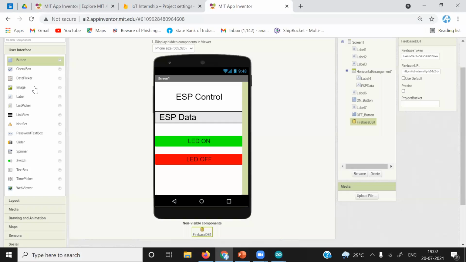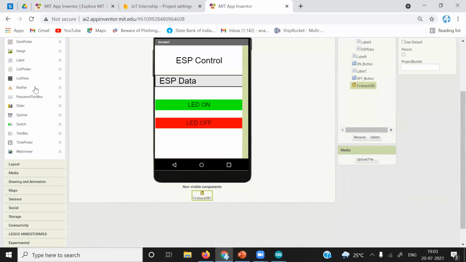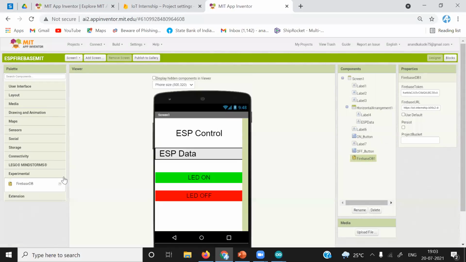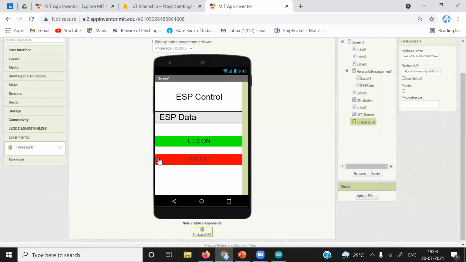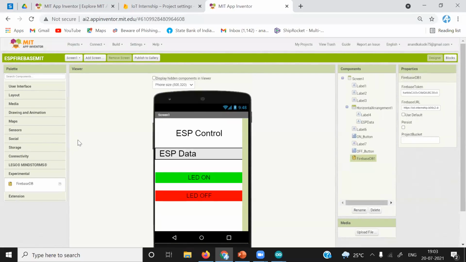So there is very less flexibility with the user interface. Second thing, in experimental, the real-time database to interact with the IoT, there is only Firebase available. Suppose you want to interact in real time with AWS IoT, Amazon Web Services IoT. In that case, you are not able to integrate this application with AWS IoT. In that case, you must use Android Studio. Okay, that is also a limitation.